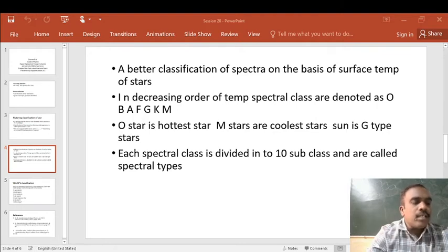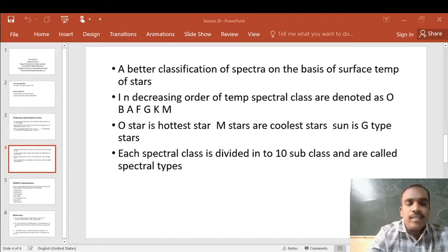The A spectral class is white in color, and the temperature is 7,500 to 10,000 Kelvin. Examples are Sirius and Vega. The F group is yellow-white, 6000 to 7500 Kelvin, for example Canopus. The G group is yellow in color, with a temperature of around 5000 to 6000 Kelvin. Examples are the Sun, a G2V star, and Kepler.